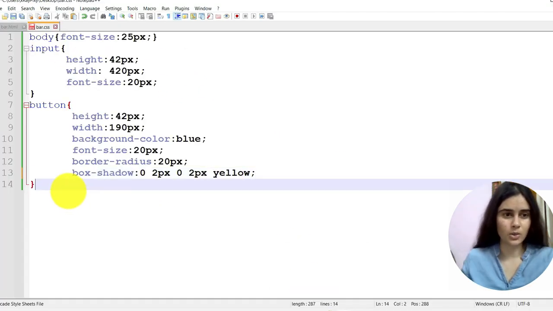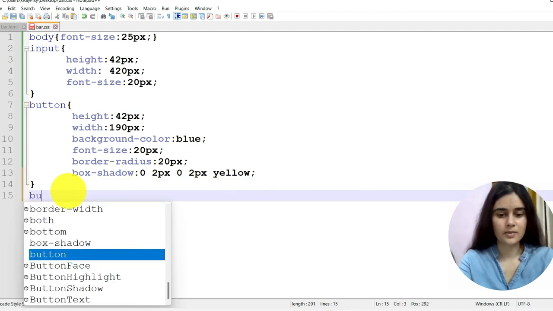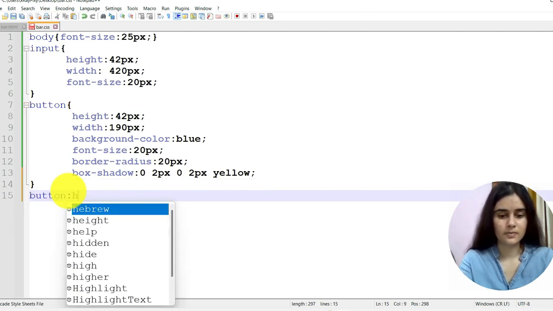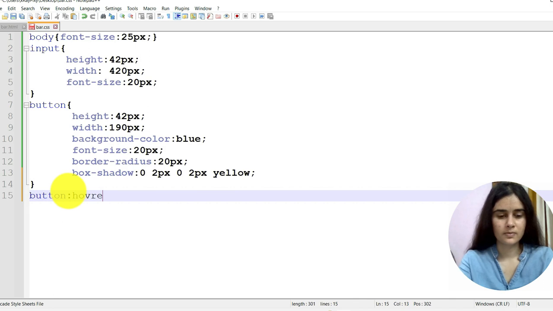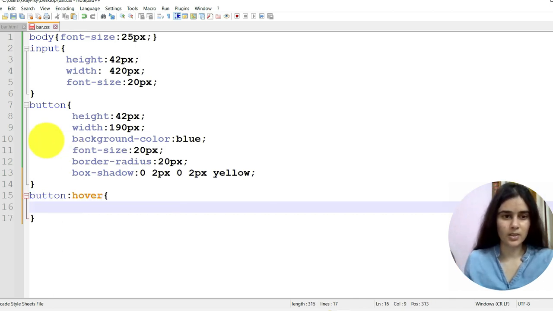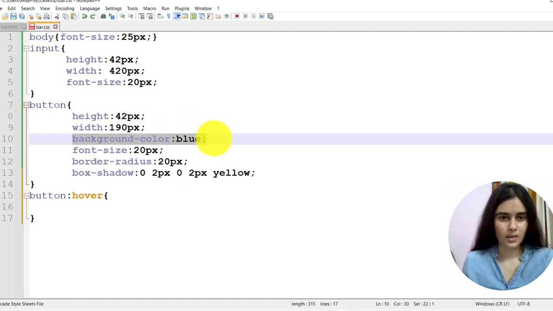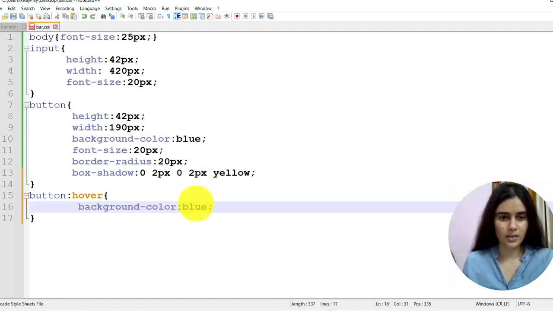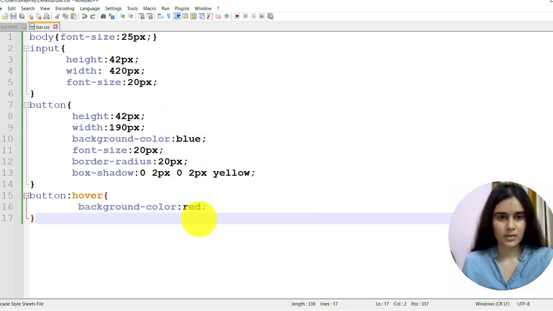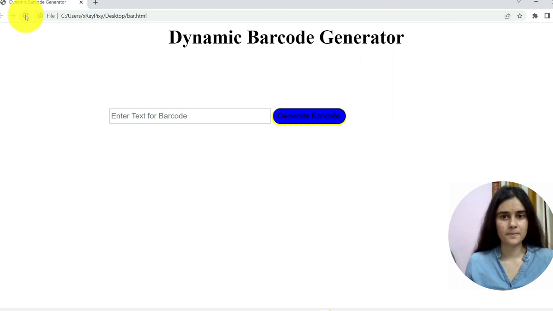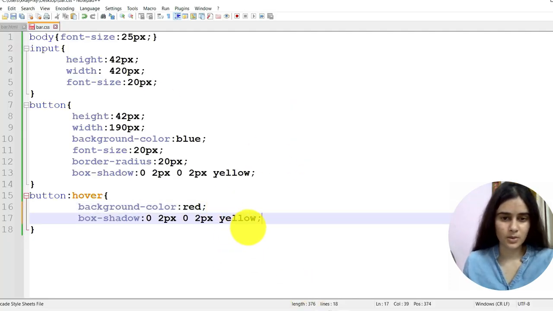Now we will add the hover effect on this button. Change its background color. So here change its background color to red and box shadow to white.